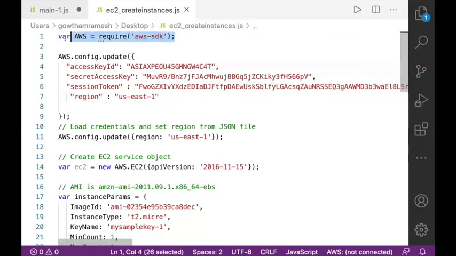The first and foremost thing, you're supposed to include the module called AWS SDK. You can include this AWS SDK module only if you run npm install aws-sdk in your local system. Otherwise, this statement will throw an error.